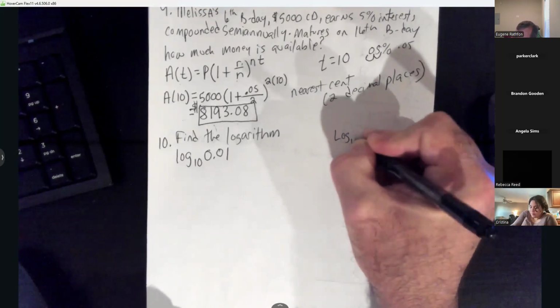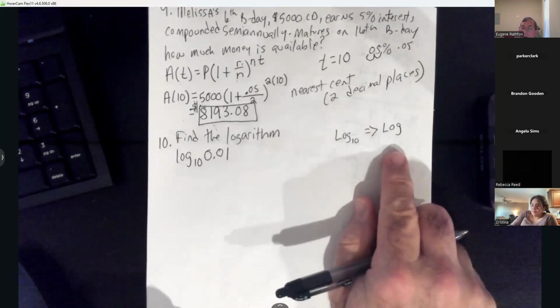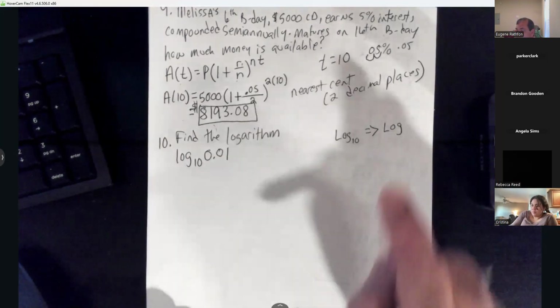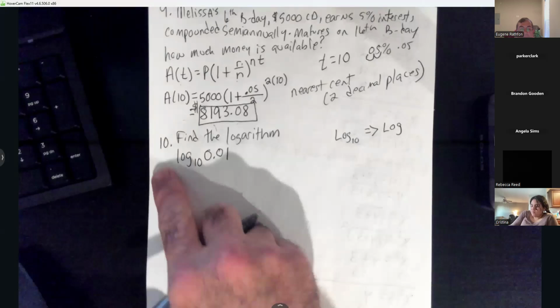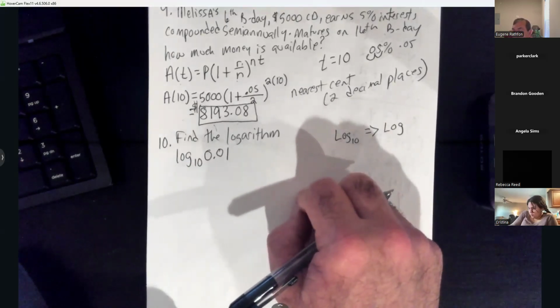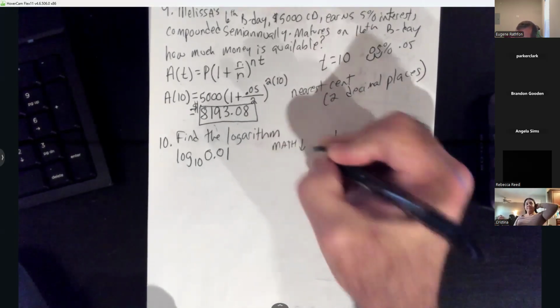So a log base 10 can be used with the log on front of your calculator. So you can use the log that's by the 7, or if you want to punch it in like this looks, you can go to math and arrow down to log base. So you could go to math and then arrow down